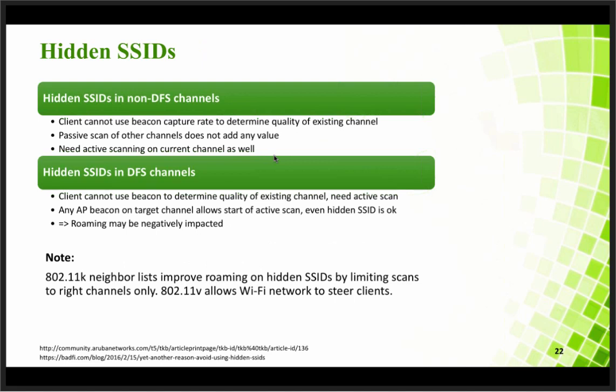So hidden SSIDs, obviously two cases. So there is the DFS or non-DFS channels, and then the DFS channel. So hidden SSIDs, the beacons are always still sent. So that's the first thing. When you hide the SSID, it doesn't mean that the beacon doesn't go out. Beacon still goes out, but it doesn't have